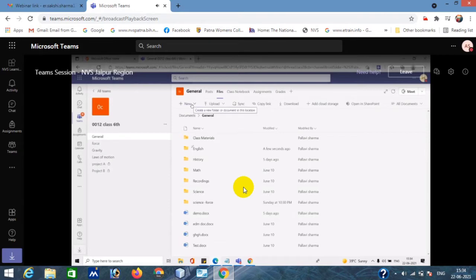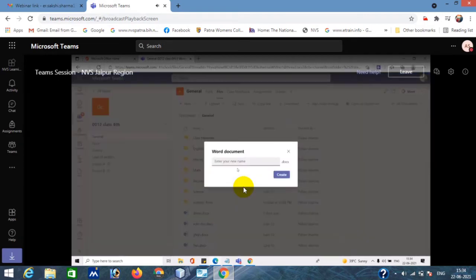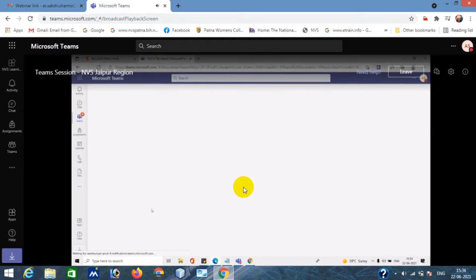And let's suppose you want to use a Microsoft Word document directly in Microsoft Teams instead of moving to your system. You can click on new and you can find Word, Excel, PowerPoint here. So it is not required that the application is installed in your system. If you have a previous version, no problem, you can directly use the latest version from here. You can click on Word document, write down the name. Let's suppose you're going to create some notes for physics. So you can write down physics and then click on create. So you can see the Word file is directly open in Microsoft Teams with the latest version, the 2019 version.